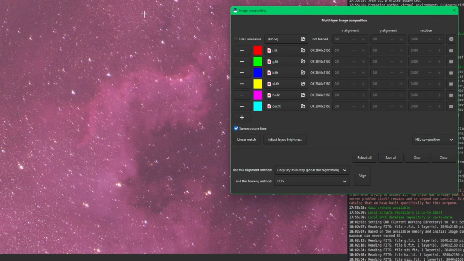You can also see the rotation between the different images, indicating nothing is lined up, right? So that's going to be our first step. We're going to come down here in the bottom, and we have an alignment method and a framing method. The defaults are fine for what we're going to do, but just to show you what options are available, Deep